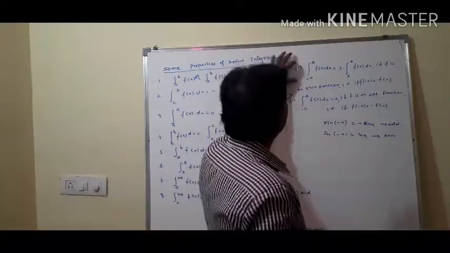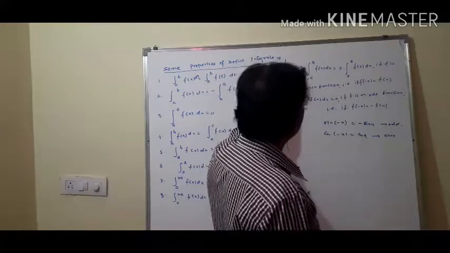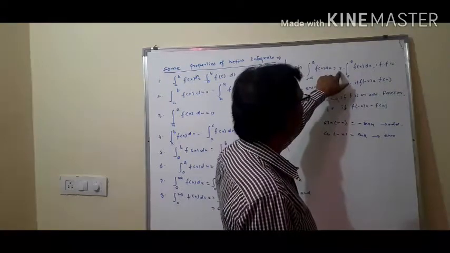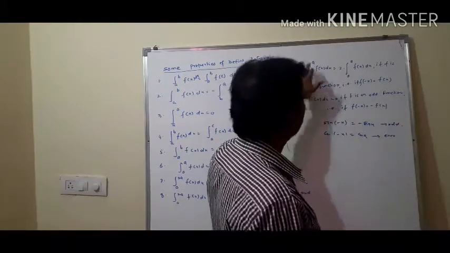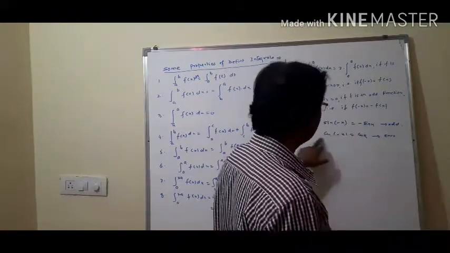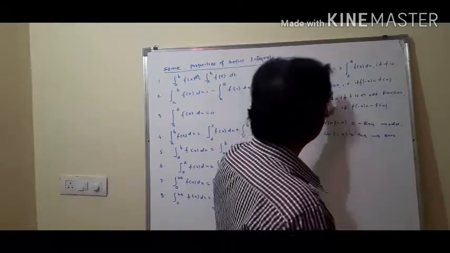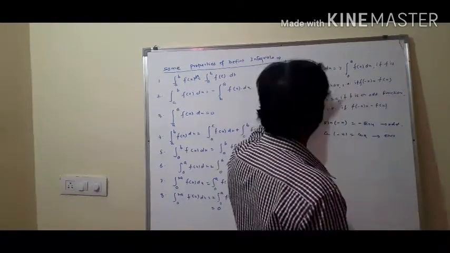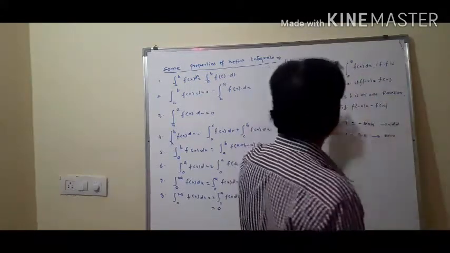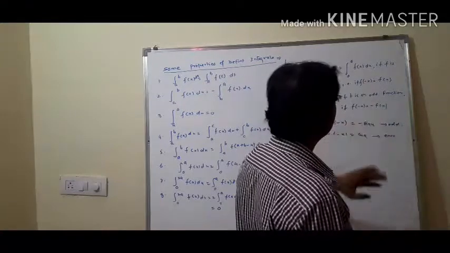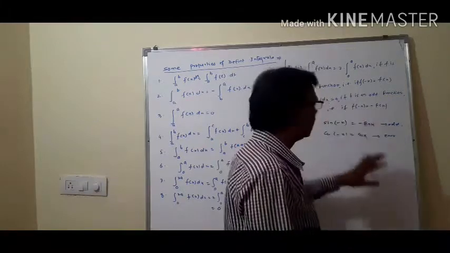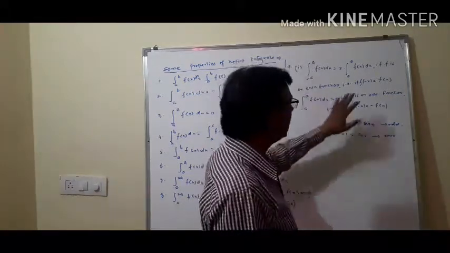Now we can take the result from the integration from minus a to a of f of x dx. It equals, if we multiply by 2, and if f of x is an even function like cos of minus x equals cos of x, then if we multiply by 2, the lower limit converts into 0, so this will be 2 times the integral from 0 to a of f of x dx. And if this is an odd function, then the integral from minus a to a of f of x dx equals 0. That means the value of the whole integration will be 0.